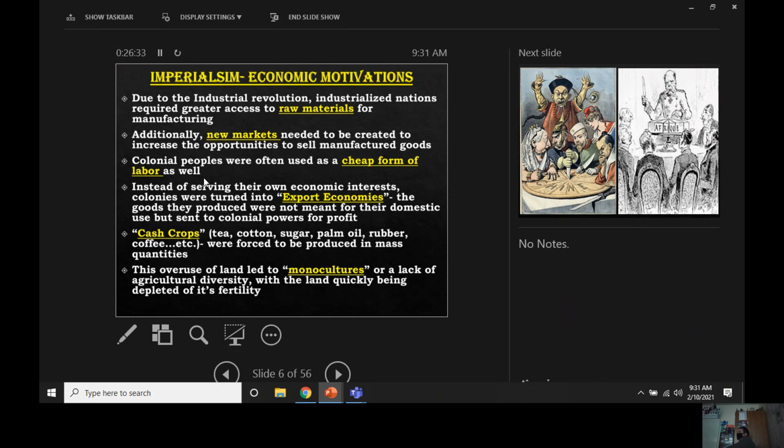You look at various parts of Africa today, because Africa is one of the main places that this happens to. They are the only continent in the world that cannot grow enough food to feed their population. It's one of the reasons you see certain countries very heavily rely on foreign donations. Some of that goes back to how the land was used during these days, where these cash crops were really the sole focus, and it was at the expense of people growing things that they needed to survive.